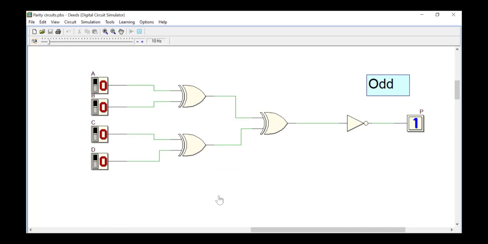Similarly for 4 bit, now an even number of ones are there. In that case, my parity bit should be 1, so the total number of ones will be odd. If I make an odd number of ones in the data, then my parity bit will be 0, because it already has an odd number of ones. This is how we can use an XOR gate for generating even and odd parity, using the same circuit with an extra NOT gate for producing the odd parity bit.